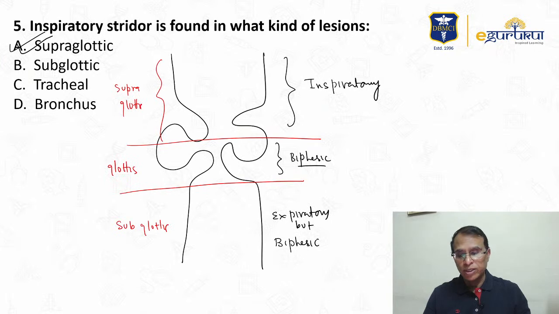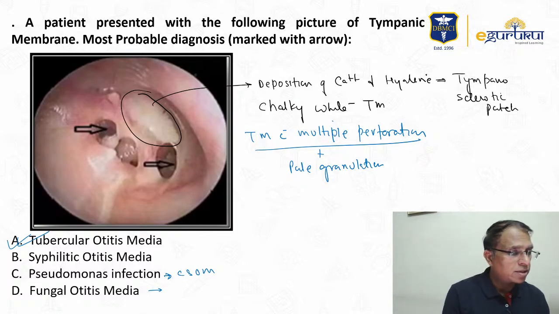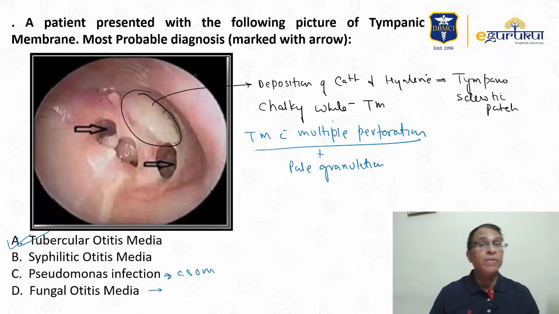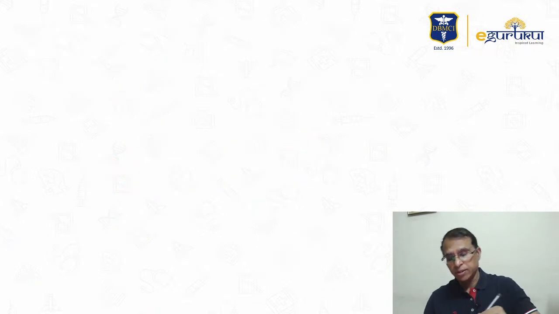So before we go to the next question, let us answer. Then in tuberculosis of the middle ear, see, Nikunj, your question is, what type of hearing loss could you see in tuberculosis of the middle ear? Now, if it is middle ear, it has to be conductive hearing loss, whether it is tuberculosis or anything, isn't it?